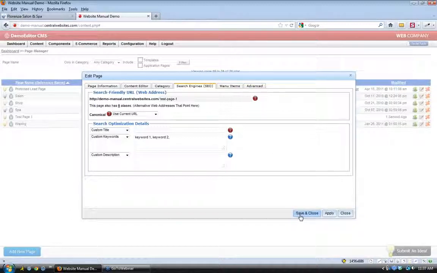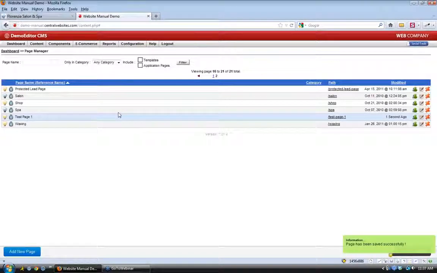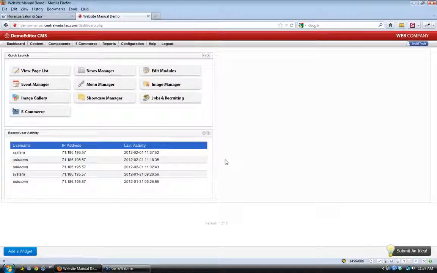I'm going to save and close our page that we created, our test page, and I'm going to go back to the dashboard. And the next thing that we're going to go over is our menu manager. So we created a page, and now we want to give our visitors a way to navigate to that page. So if we go to our menu manager,